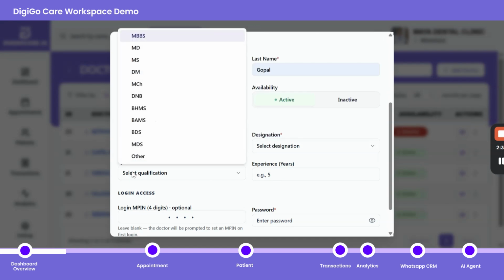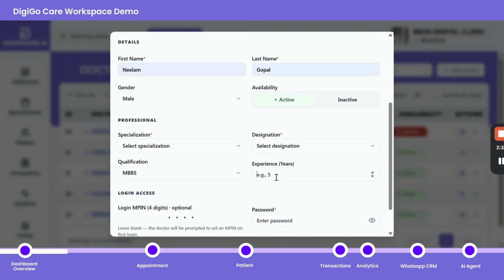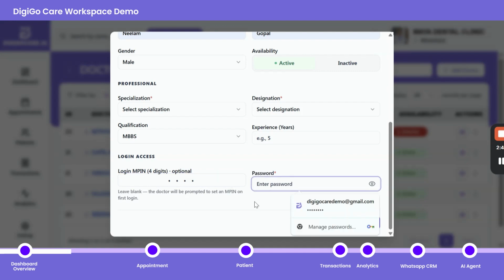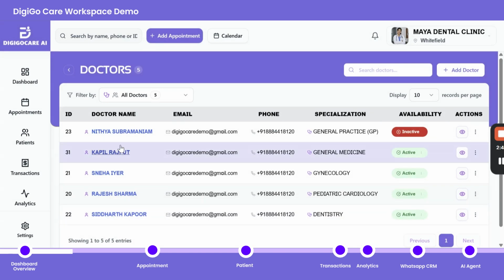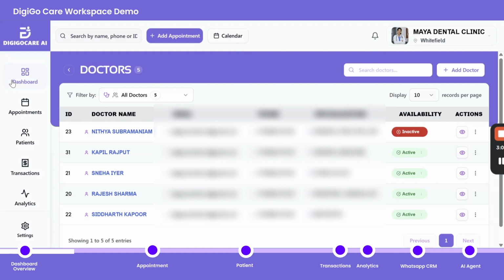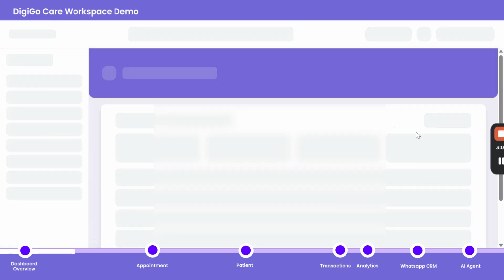Then the qualification of the doctor and experience, how many years of experience they have, and the login PIN that has been given to you. Then set any password and then create. If you create it, it shows like this. And then if you again come to the dashboard,